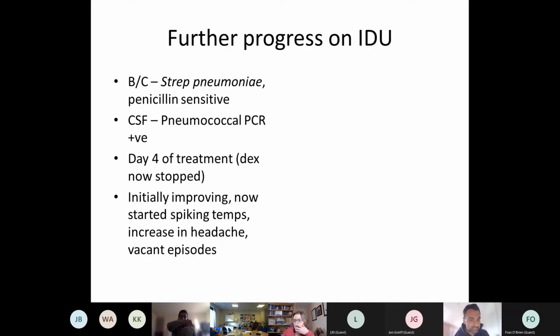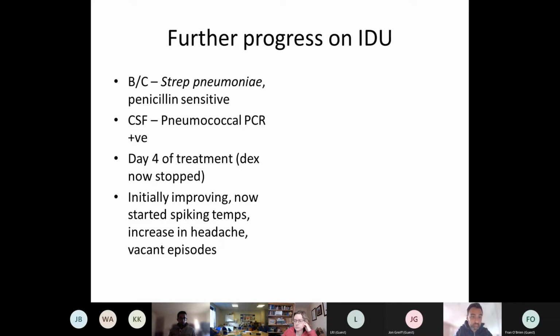So the PCR testing for both pneumococcal disease and meningococcal disease is actually quite helpful. A negative test doesn't exclude the infection, but a positive test is very specific. So if you're concerned or you think you haven't managed to grow the infection, I would check for both of those PCRs in the blood and in the CSF, because they can be really helpful. So that confirms really that this was invasive streptococcal pneumoniae infection with bacteremia and meningitis.